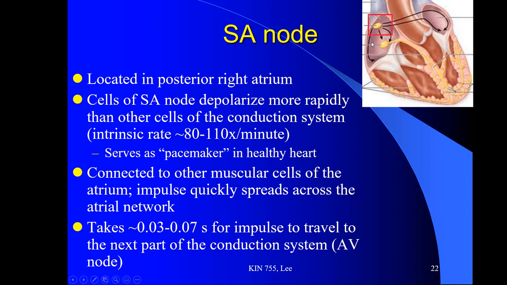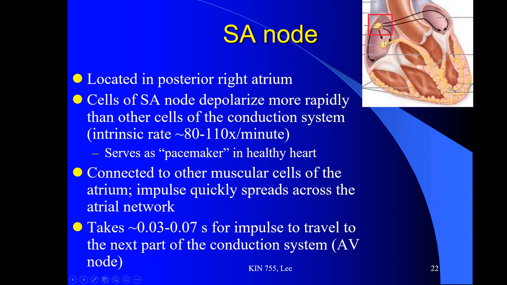So starting with the sinoatrial node or SA node, it's located in the right atrium near the top, and the SA node has the fastest spontaneous depolarization rate, and we say it's anywhere between 80 to 110 times per minute. That just means by itself it's going to have that intrinsic rate. This gives us what we call the intrinsic heart rate, which is the rate that the heart would contract without any external influence whatsoever. So when it depolarizes, it's going to send out this wave of depolarization,